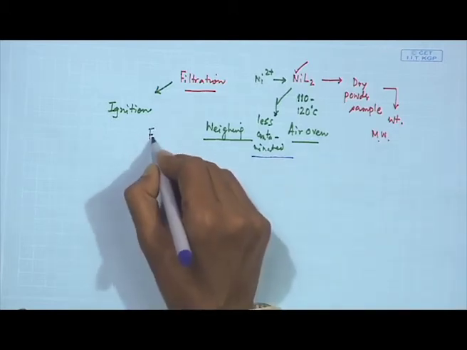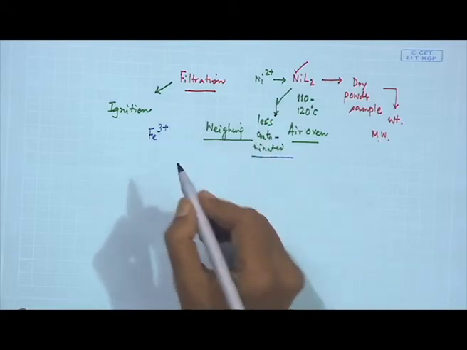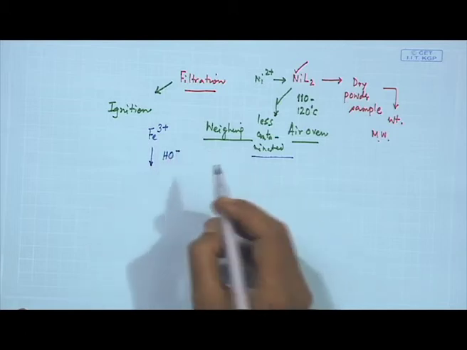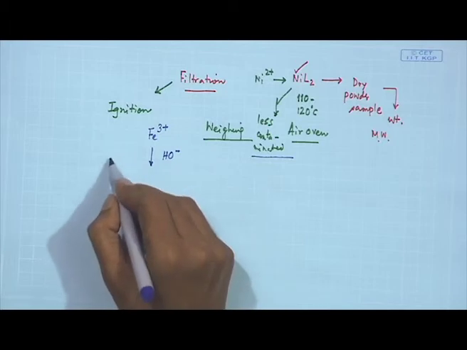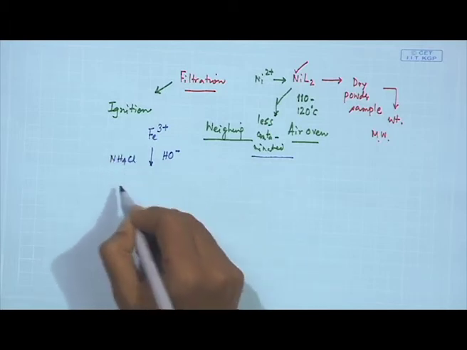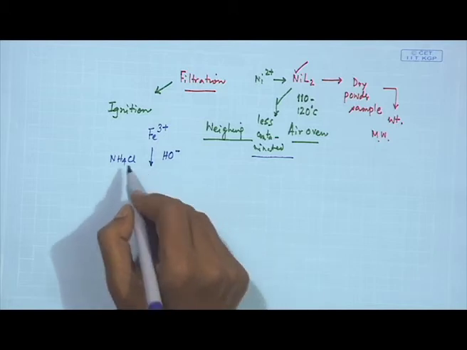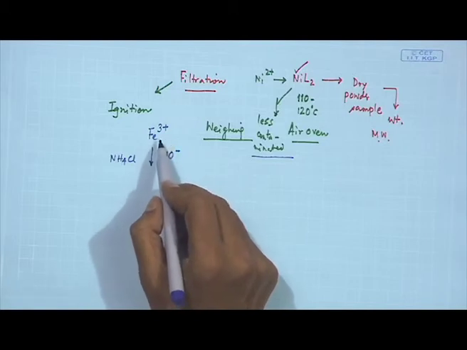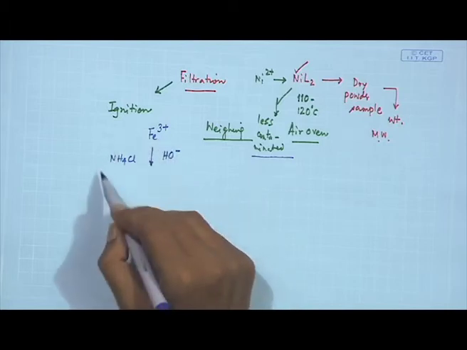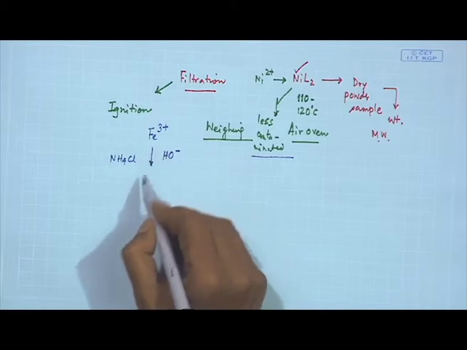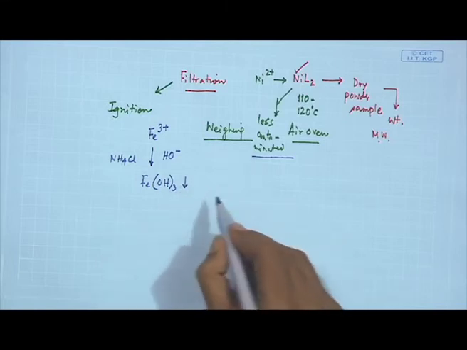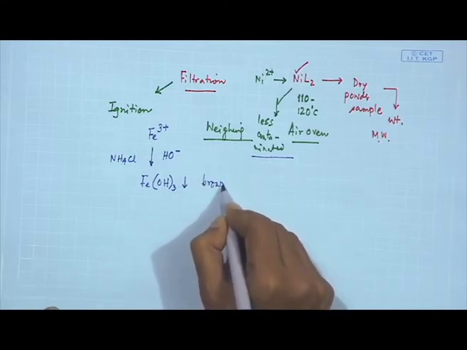But if we go for estimation of Fe3+, what can we do? We can provide sufficient amount of hydroxide ions in, say, ammonium chloride. You know the common ion effect, because this is a particular reagent for group separation during the identification of Fe3+ in qualitative analysis. So, in quantitative analysis of Fe3+, if we put an ammonium chloride and ammonium hydroxide mixture, we will be getting ferric hydroxide precipitate, the brown precipitate of ferric hydroxide.